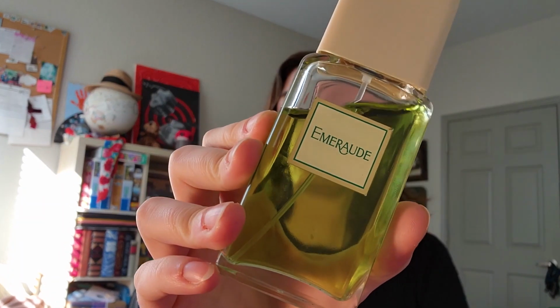So, one of my favorite examples to bring up is Emerald here. Emerald is kind of a pet perfume of mine, I suppose. I discovered it on Amazon for like $14. Very, very affordable. But it actually has a very rich and luxurious history that you wouldn't expect, especially